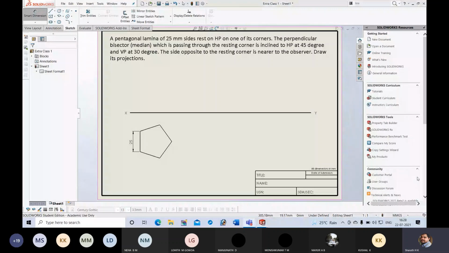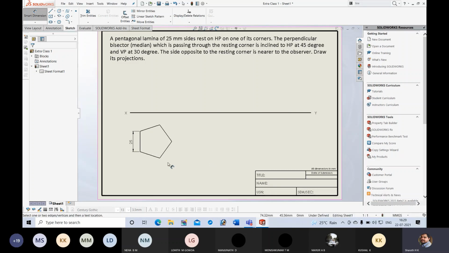Then only you will get dimensions in millimeter. So after opening a file itself, you should check whether it is in MMGS or not. If it is not in MMGS, select MMGS.